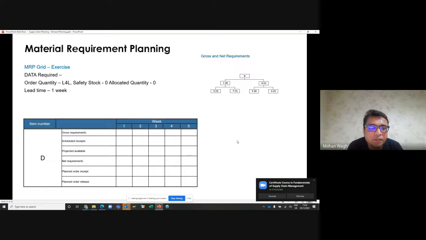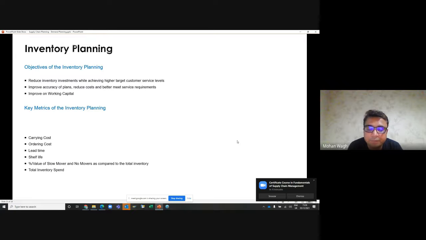Okay, so moving to the next topic, inventory planning. I think we can discuss the questions you raised. So what are the objectives of inventory planning? With inventory investment, we can achieve a higher customer service level. It means we can sell more product whenever the customer asks. It helps us